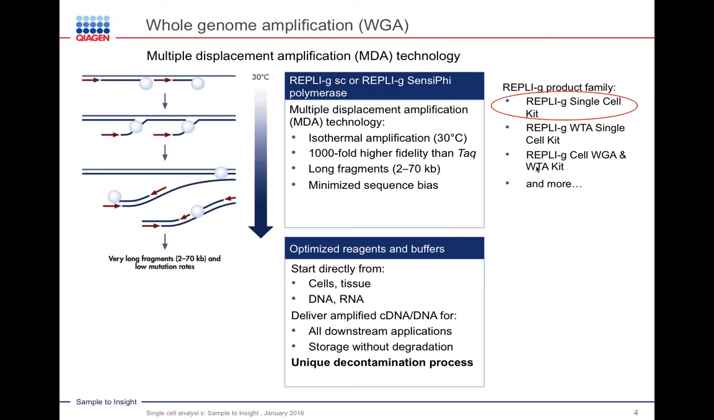So whole genome amplification is one of the areas that QIAGEN has unique capabilities. The whole genome amplification is based on our Repli-G technology or Repli-G Sensifi technology, and it's unique compared to other types of analysis. For instance, if one is using PCR-based technology, which would be the alternative to Repli-G, you would